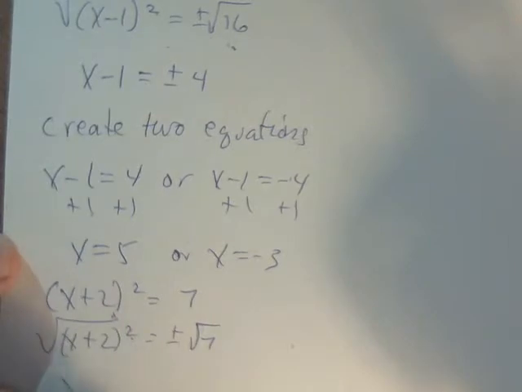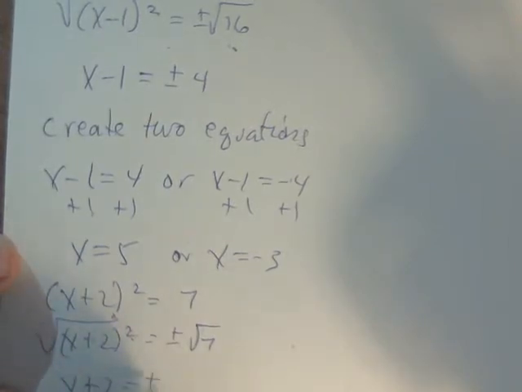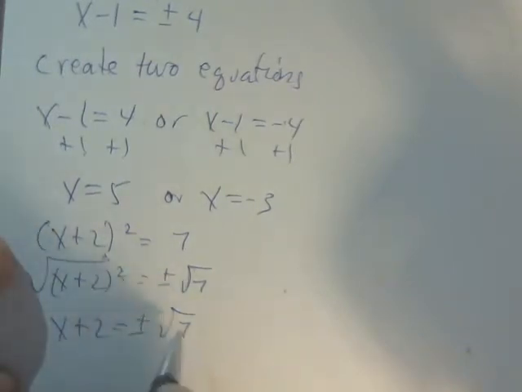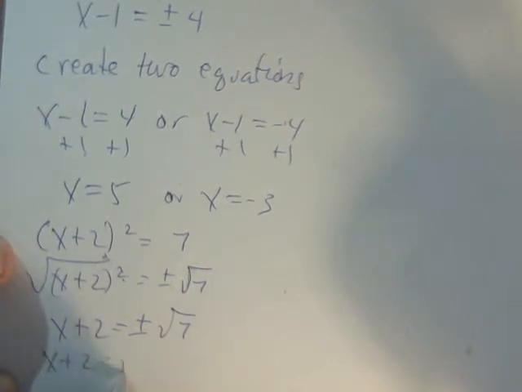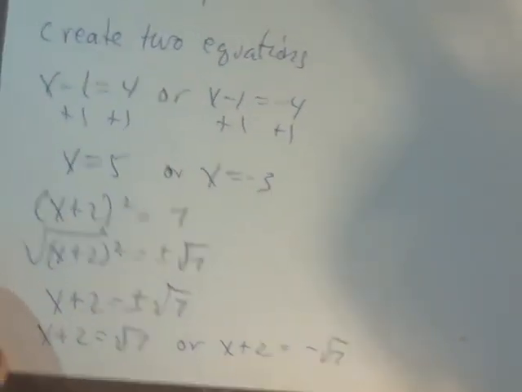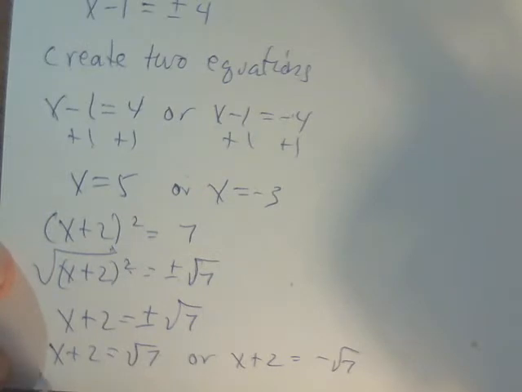These cancel each other out, so I get x plus 2 is plus or minus the square root of 7. And I can, at this point, create my two equations. x plus 2 is the square root of 7, or x plus 2 is minus the square root of 7. And then what we can do is subtract my 2